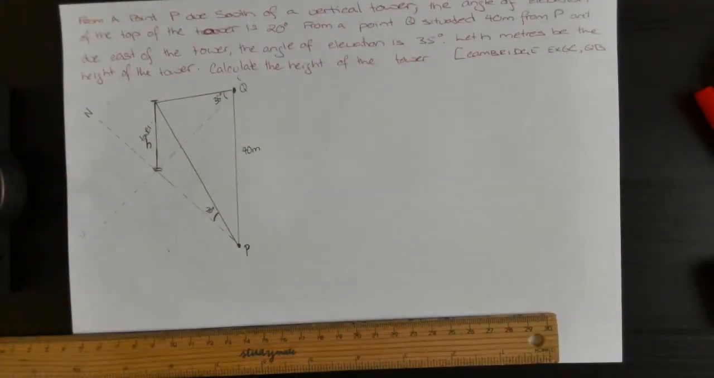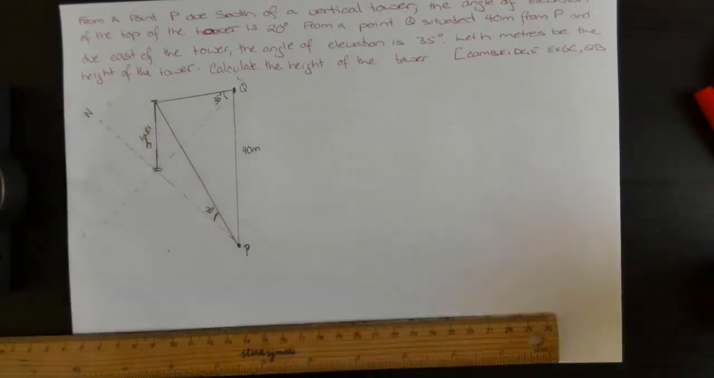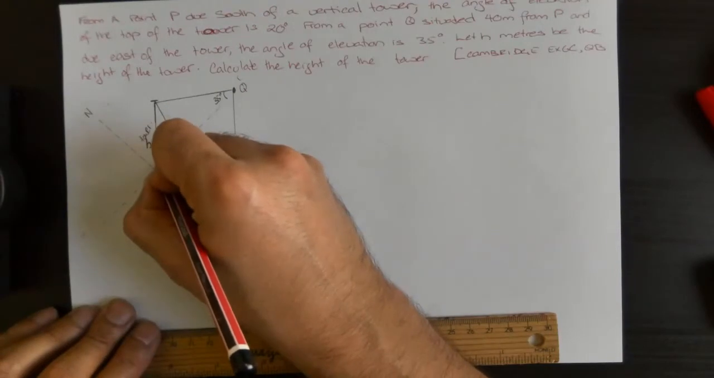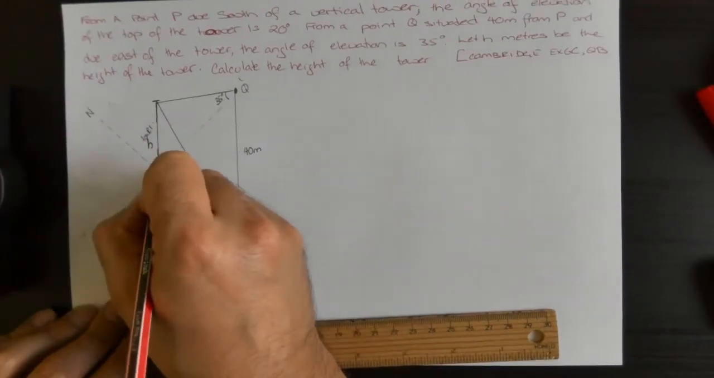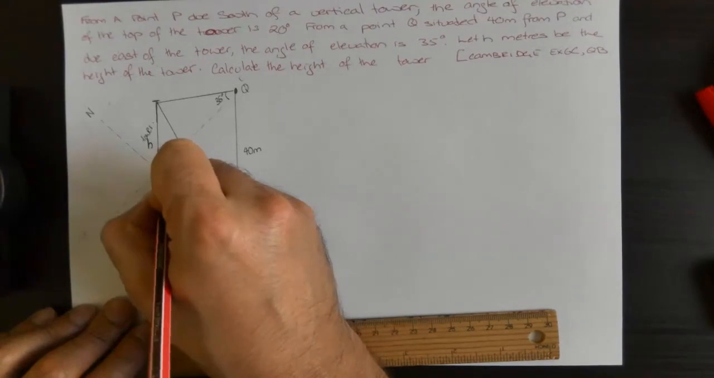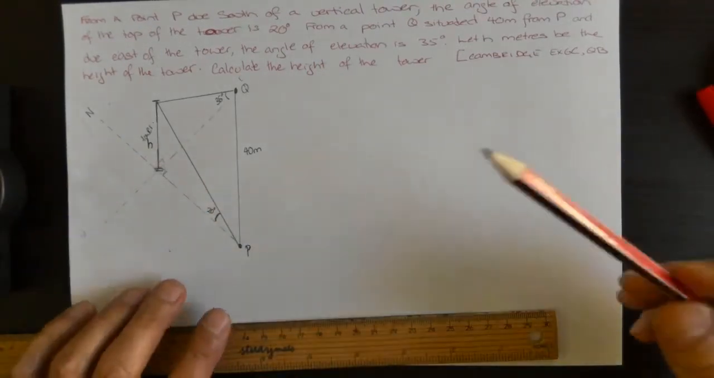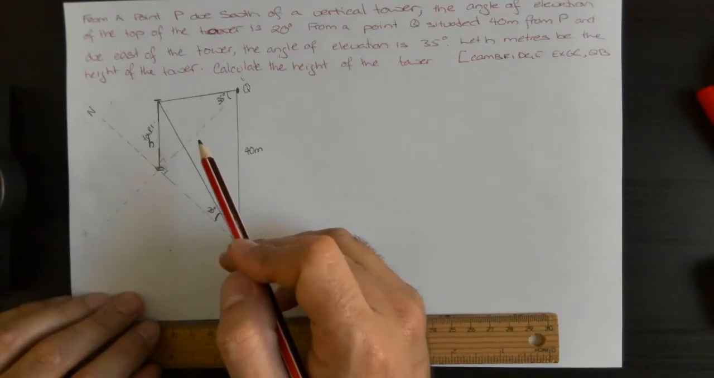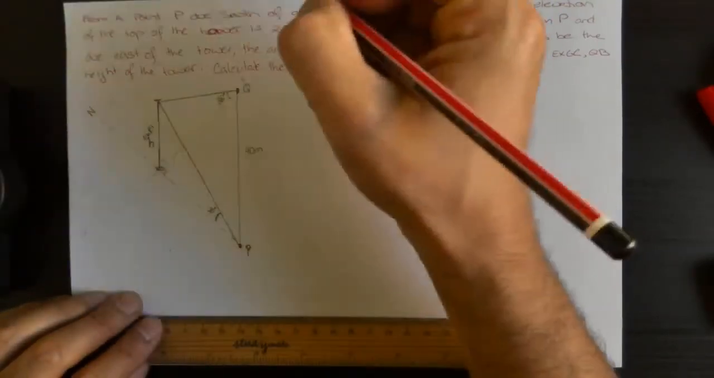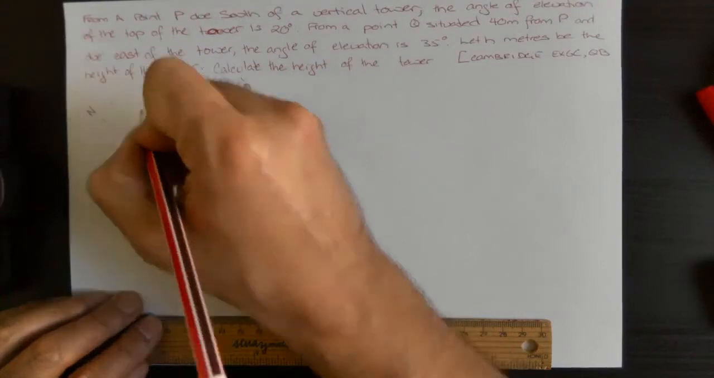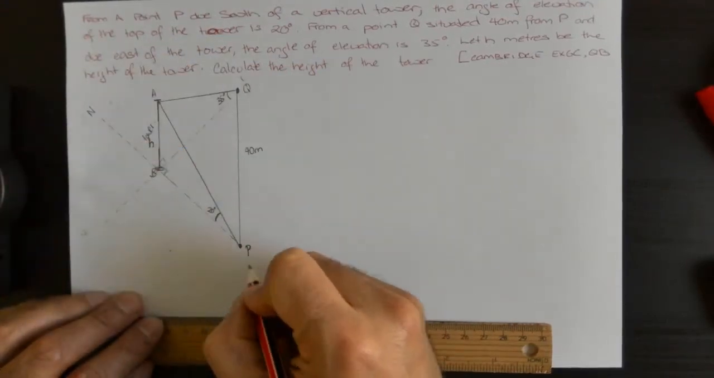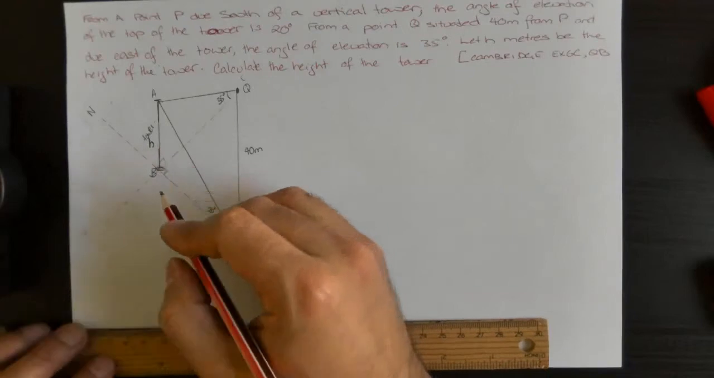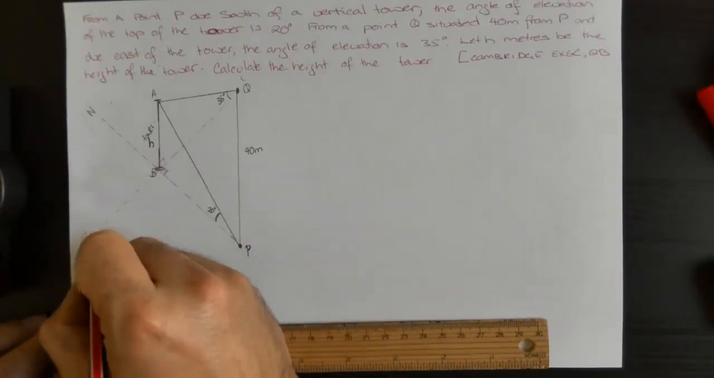Okay, so what we have is a right angle triangle over here, this way. We have another one going this way, and we have a right angle on the floor. And so we want to find the height of the tower. Let's just call these points A, B. Okay, so looking at triangle ABQ,